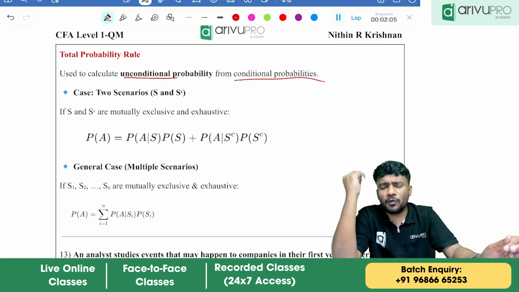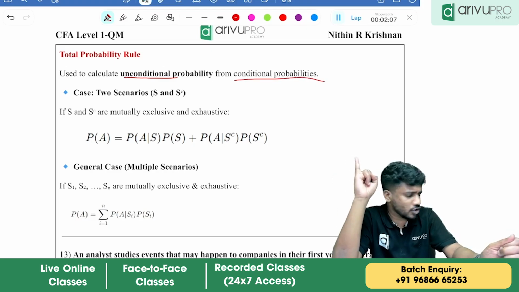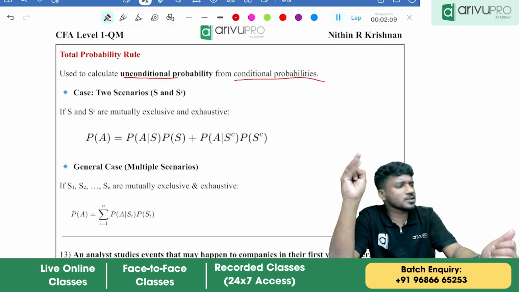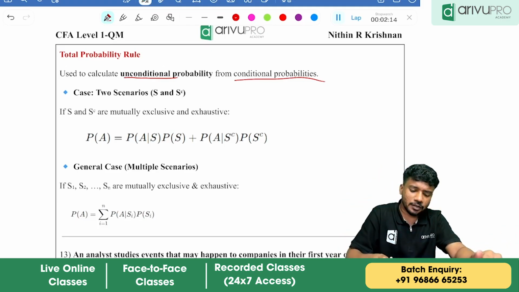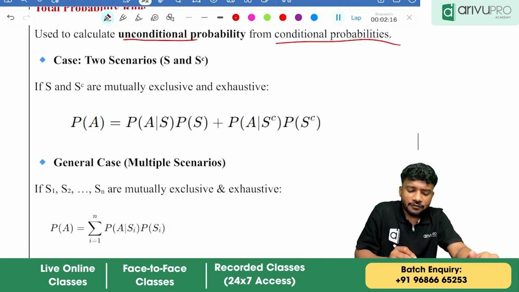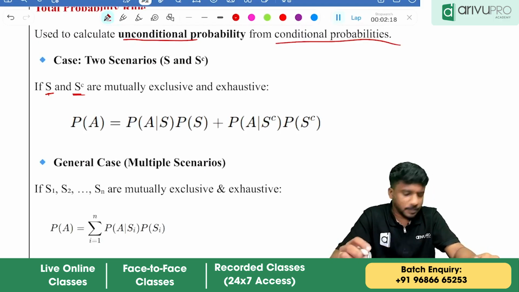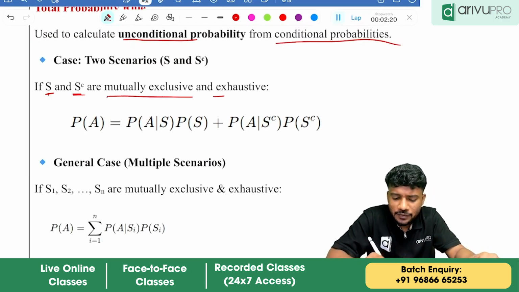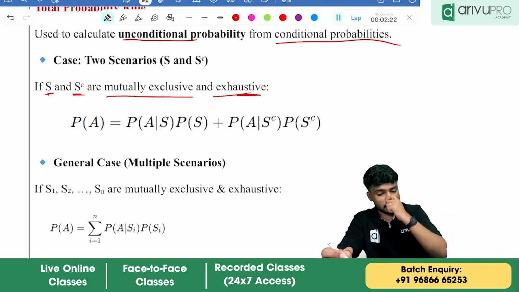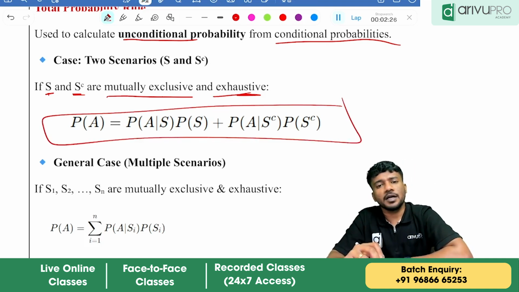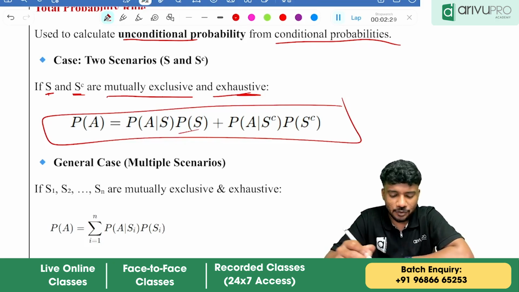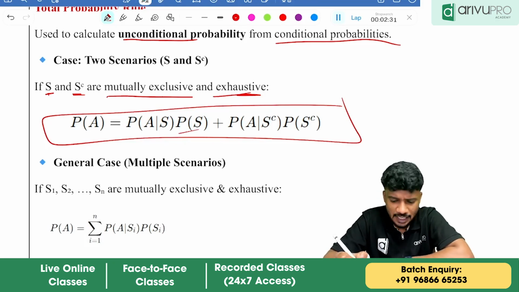What do you mean by that? What do you mean by conditional? There will be some condition. Then unconditional means there is no condition. Now look here, two scenarios are there. If S and S complement are mutually exclusive and exhaustive, then P of A can be written as P of A given S into P of S plus P of A given S complement into P of S